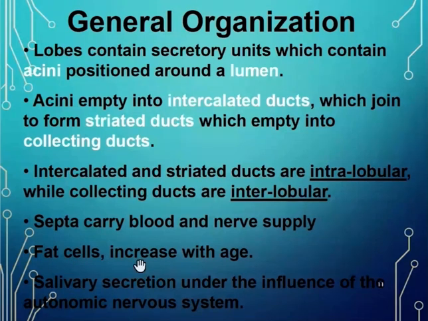And secretion of the saliva is under the influence of the autonomic nervous system. It's not like the endocrine glands where we have the activity of hormones. The salivary secretion is influenced by the autonomic nervous system, and we'll talk about it in detail. Here we have the